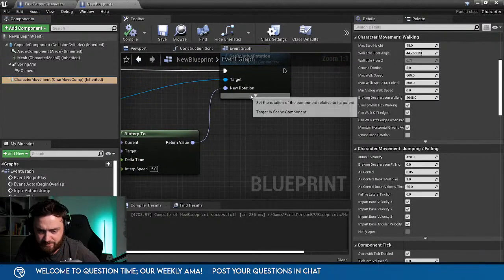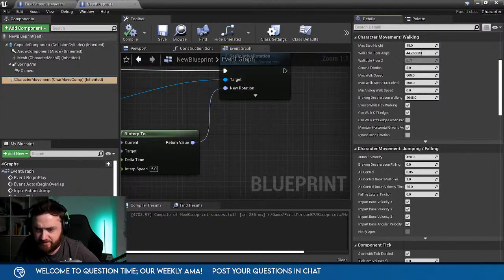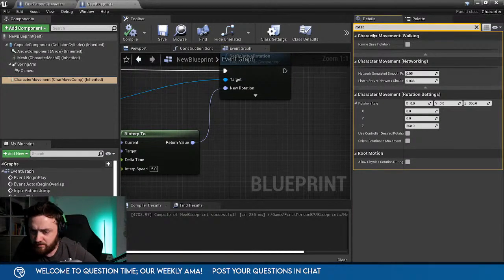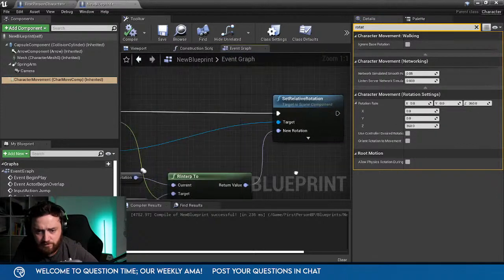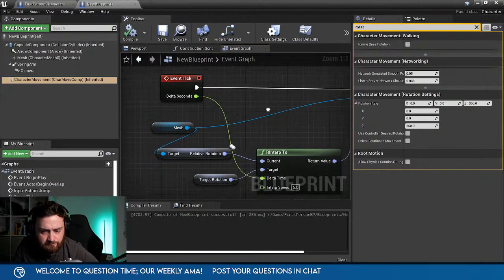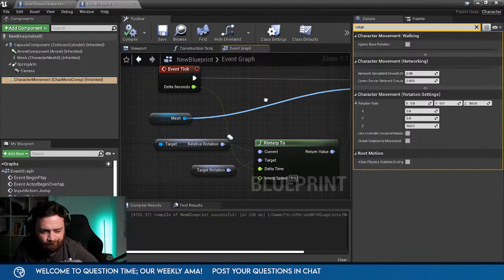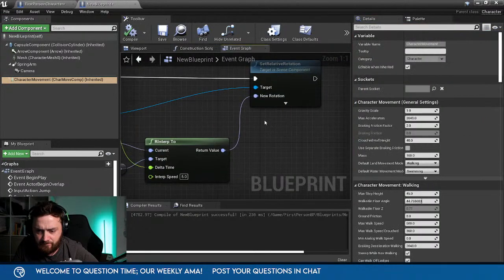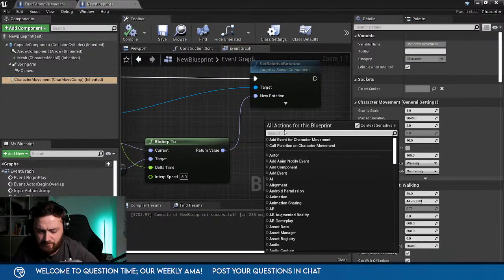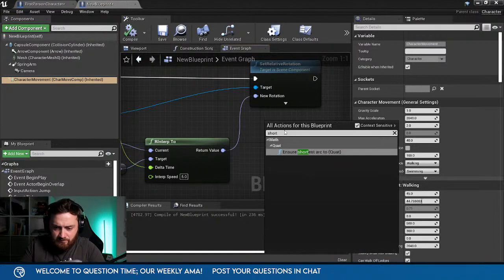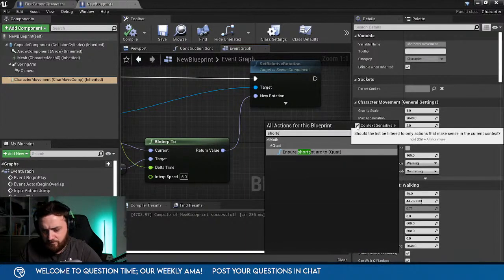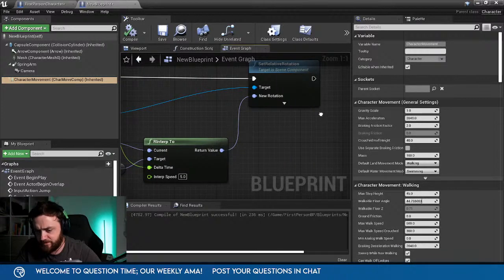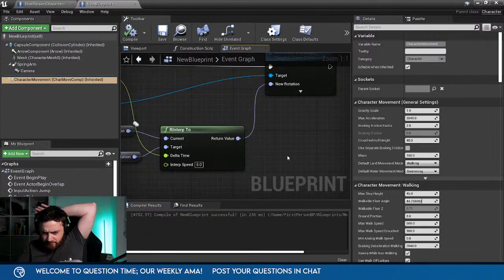So what you want to do, there is a thing. No, where is that? No, it's on something. You can set it to not do the shortest rotation. Is that on?